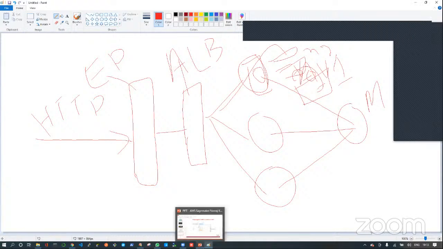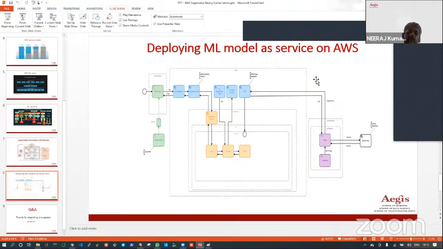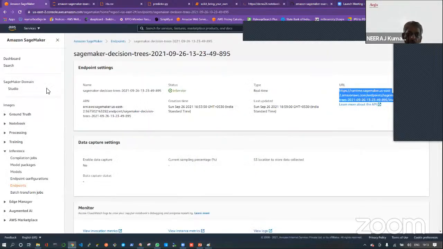So any other question, guys? That's pretty much it. That's why SageMaker is very powerful. And I have shown you a very small part, the tip of the iceberg. SageMaker is so powerful that, you take my word, 80% of current ML workloads in industry nowadays are running in SageMaker.